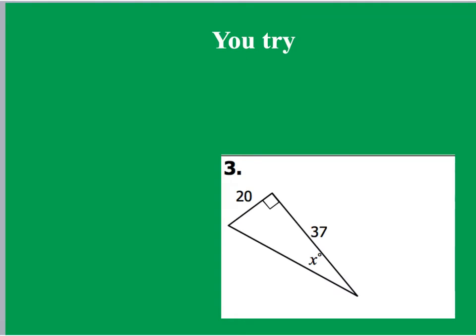Number 3, let's figure out, are we finding a missing side or a missing angle? If we're looking for a missing side, we're going to use the sine, cosine, tangent keys. If we happen to be looking for a missing angle, we're going to use the buttons on the calculator that say sine to the -1, cosine to the -1, and tangent to the -1. This actually is the inverse. So first things first, stand, label,